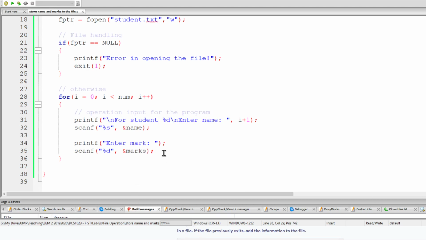The next step here, while we are still in the for loop, is how we can write the current information for the name and also marks into the text file that we have created, student.txt. For example, name here is Zamri and marks is 100. So you want to store Zamri and 100 into the student.txt file. So here we're going to use another function that we call